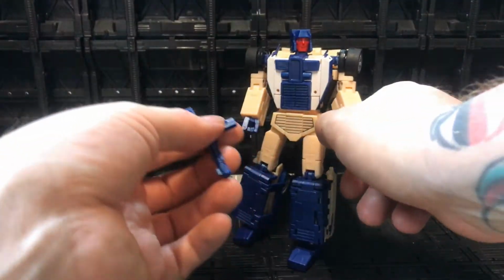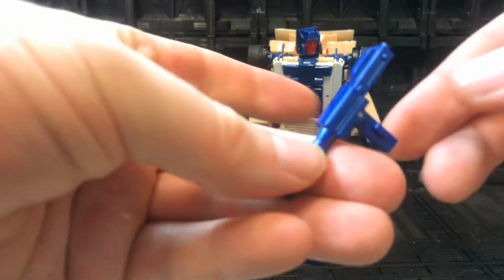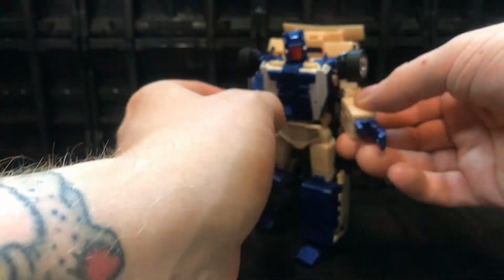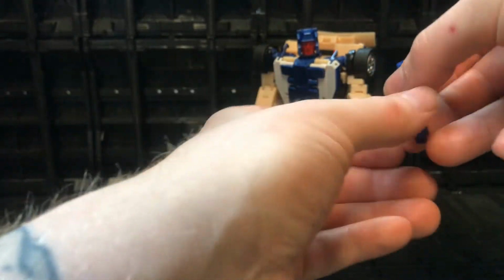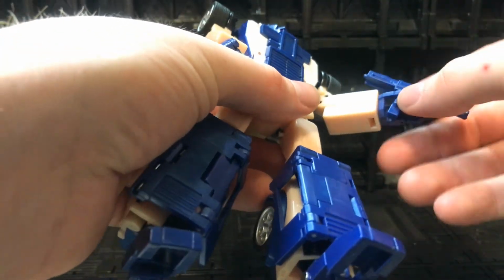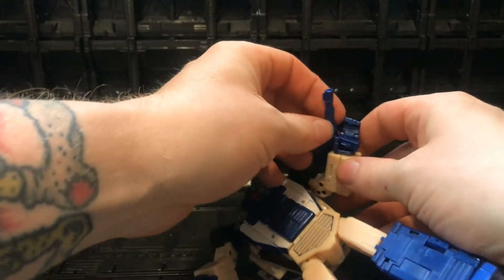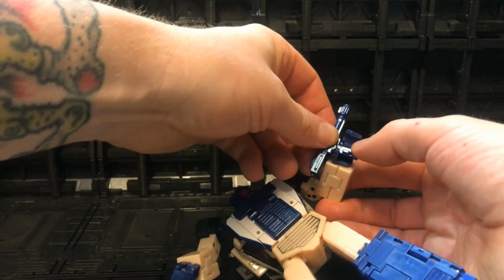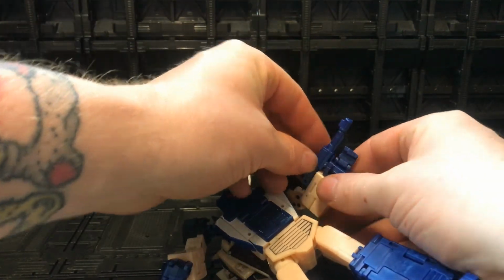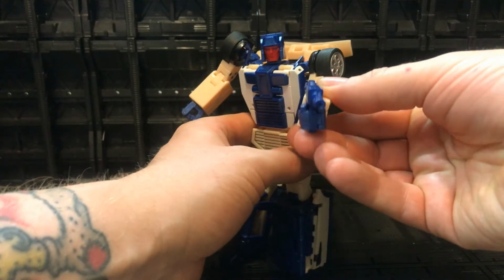Once we open his hand up, you'll see there is a little peg here and a little peg in the hand. We just have to make sure that we get it into the hand, not the groove on the articulation, which it can have a habit of just sliding into. So it's not as easy as you would think sometimes to get this in, and I'll probably demonstrate that fairly well now. Oh no, went in first time. Brilliant. So it goes in, and then he holds his little blaster